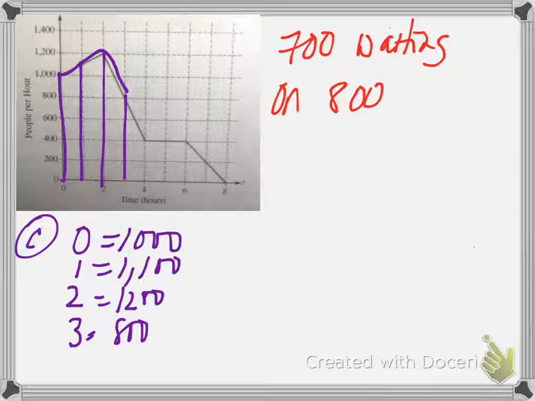Let me get another color. So all these people, until it got to time t equals 3, it was increasing. And then once it got to 3 over here, then it started to decrease. So let's go back to the question. At what time is the line for the ride the longest? It's going to be,